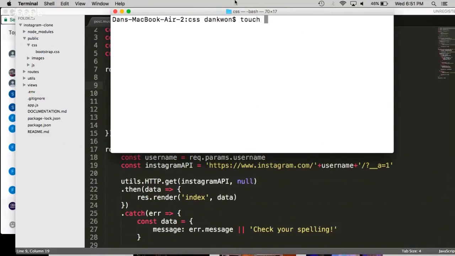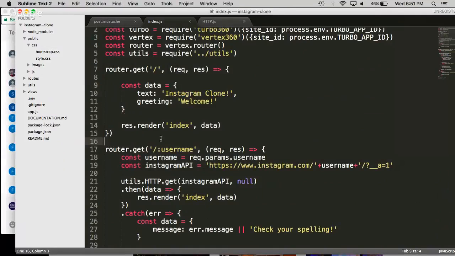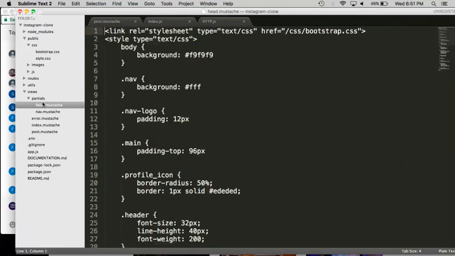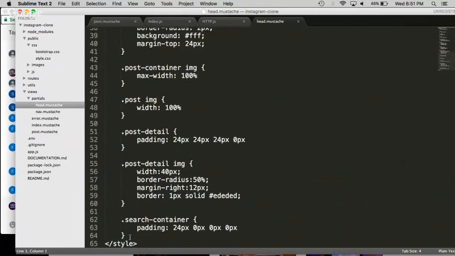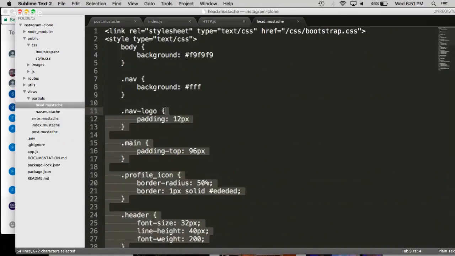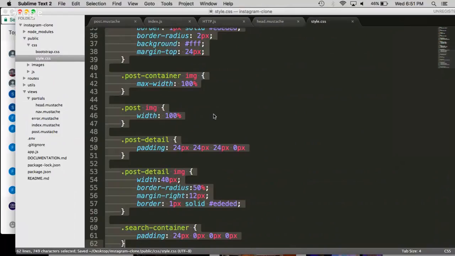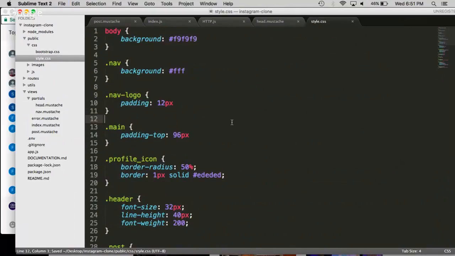And then we want to create, let's call it style.css. And then we open up the head partial. And we grab all the contents of the style tag, just copy it and paste it into here. And this will be our